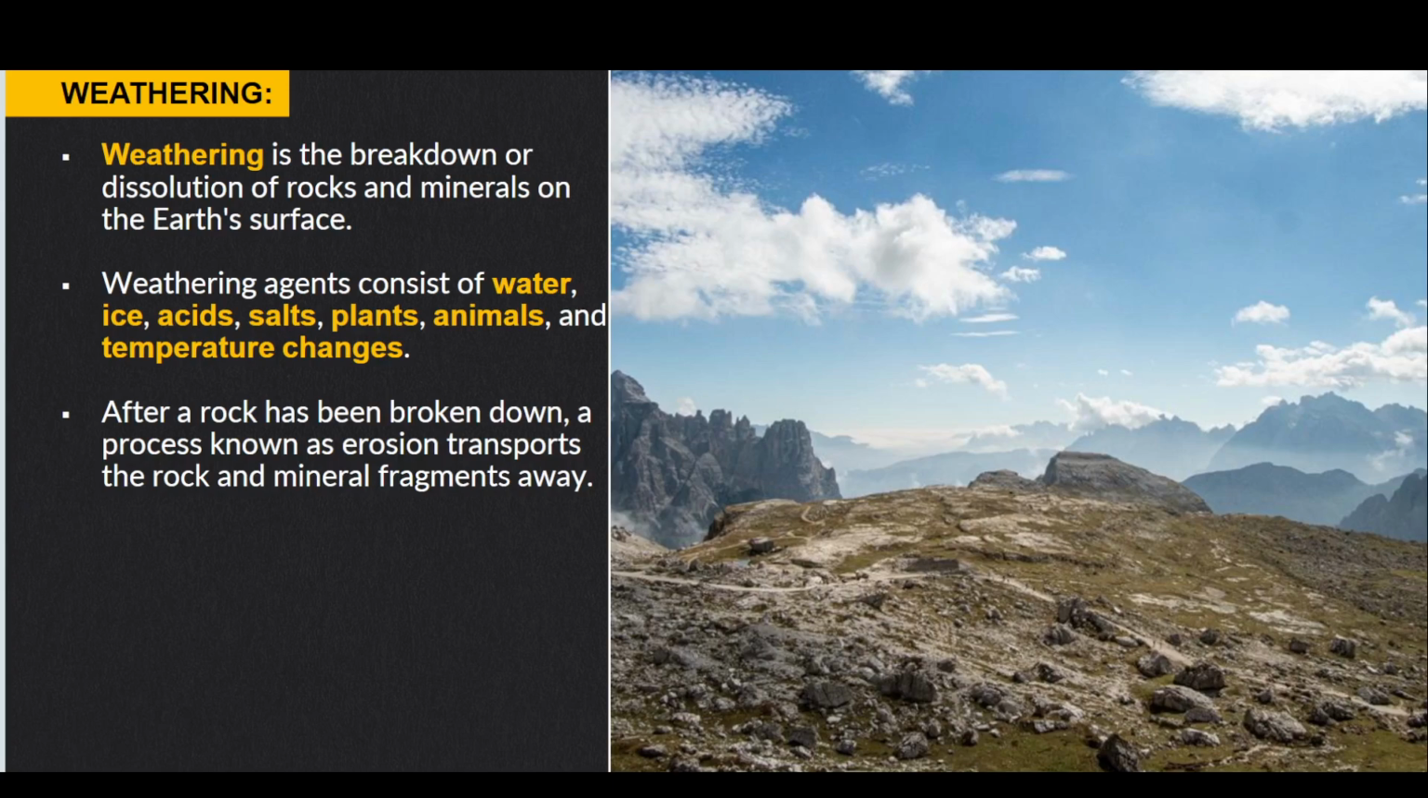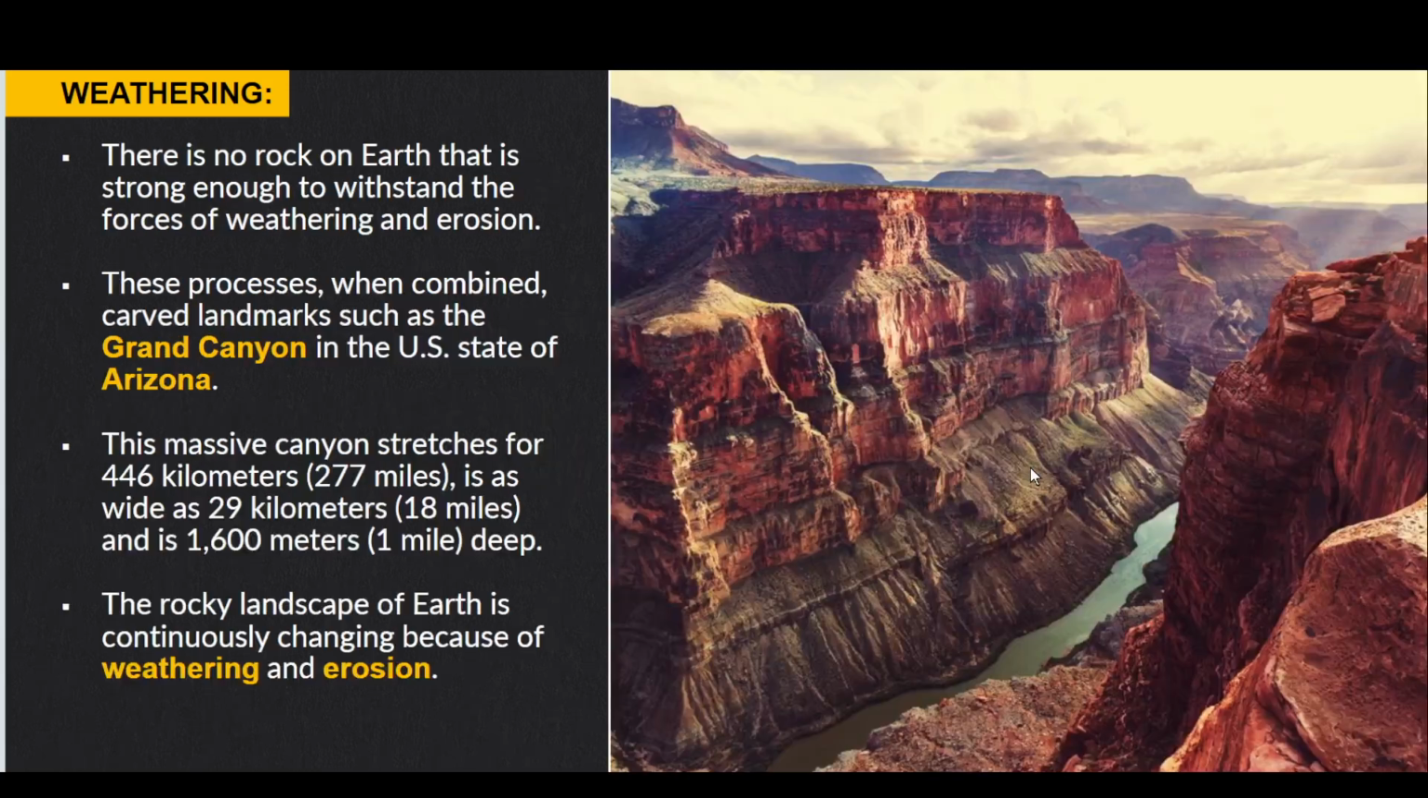because of acid rain, which is formed because of chemicals like sulfur dioxide or nitrogen oxides or nitrogen dioxide, right? After these rocks are broken down into pieces, they are transported to a new location, which is called soil erosion. These fragments, these pieces of rock, which are called sediments, are moving to a new place. So, there is no rock on earth that is strong enough to withstand the forces of weathering and